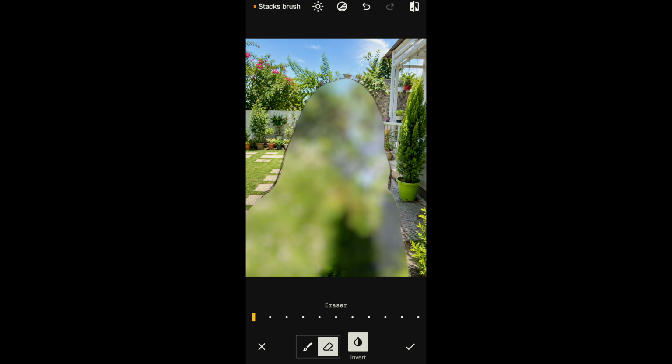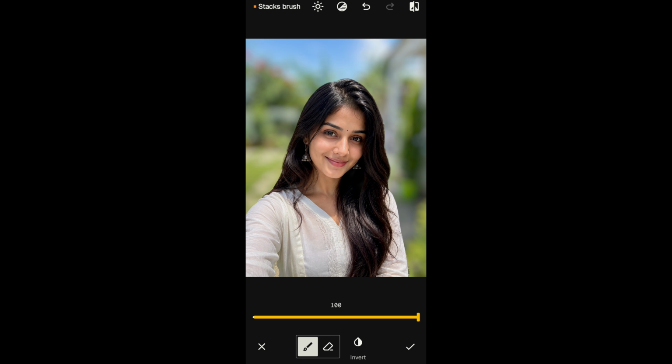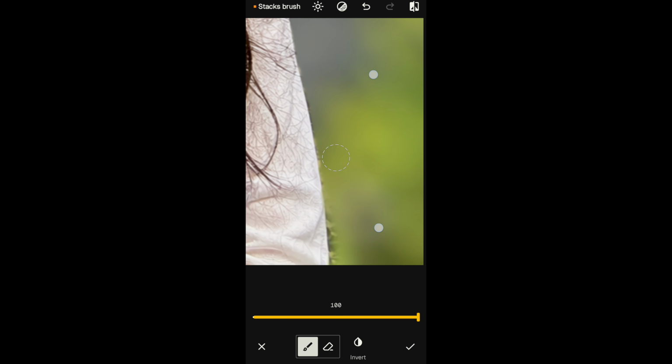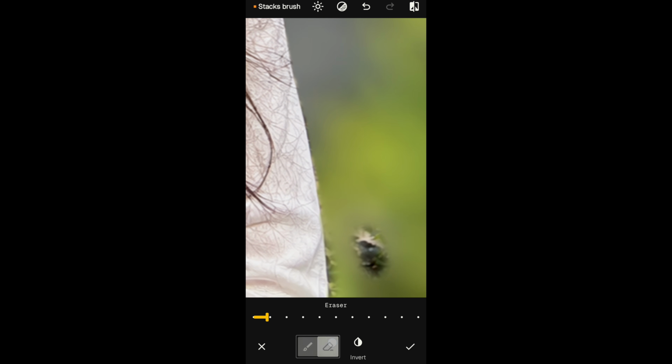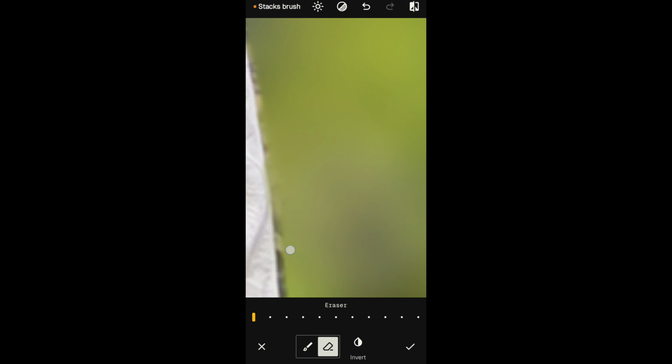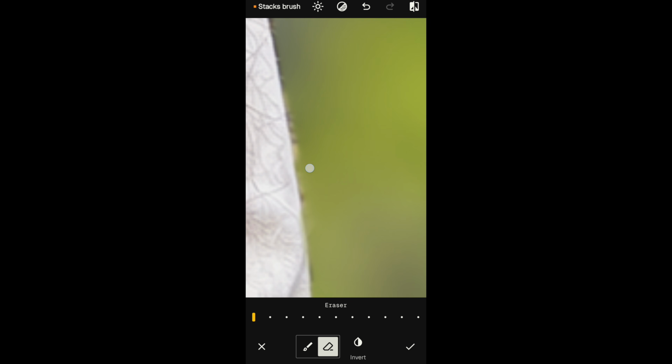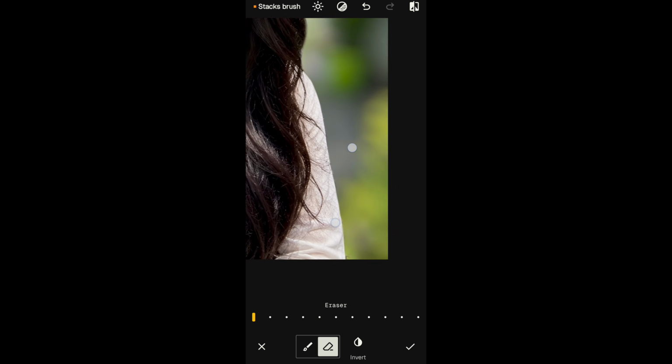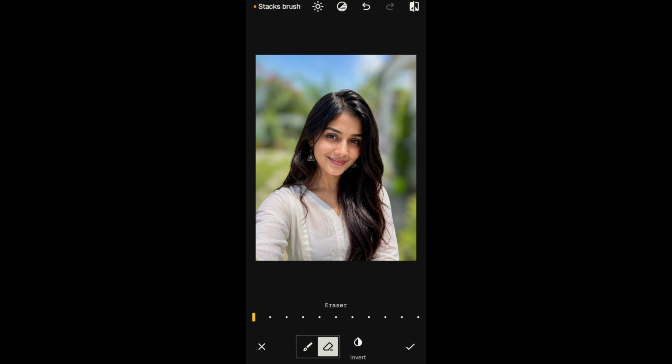Okay, once it's done, just click on invert. Here are some spots. You can see the edges look a little odd. To remove this, just click on erase and just brush here like this. Just zoom the picture and brush like this. It's looking perfect. Okay, now simply click on apply,